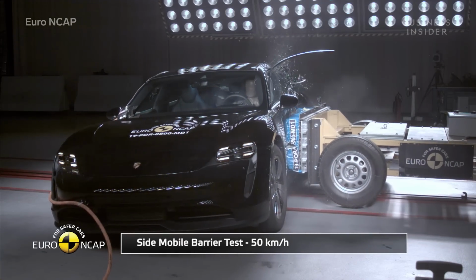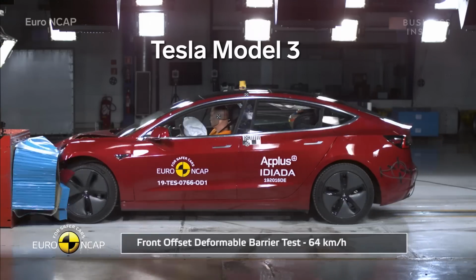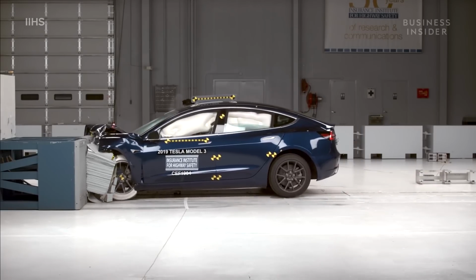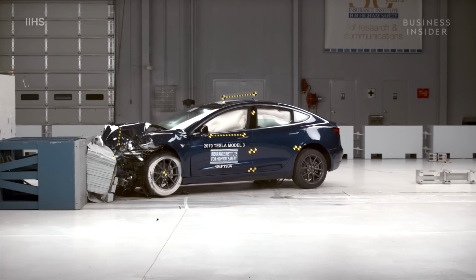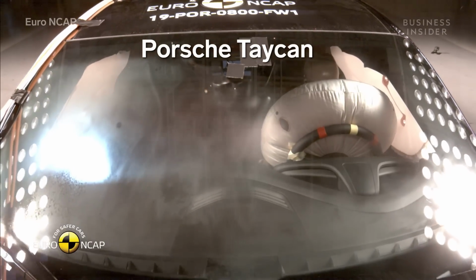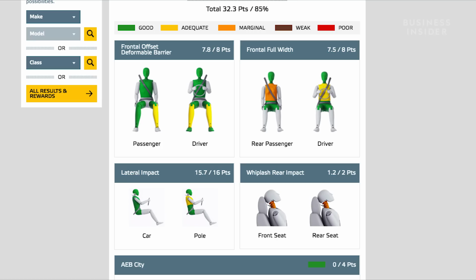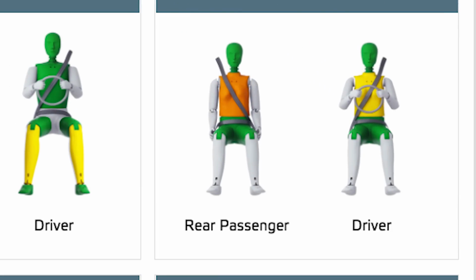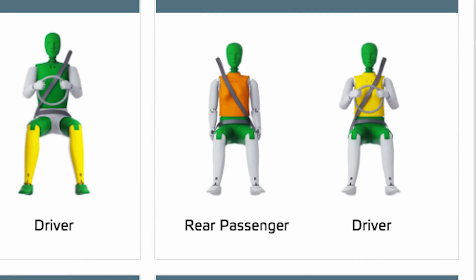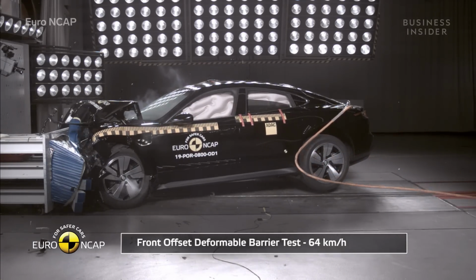Now, while the rigidity of the Taycan may mean a more stable cabin, we've seen how passengers benefit in crashes where certain parts of the car around them actually give way or crumple, like a piece of paper. In crashes, these crumple zones dissipate the energy of a crash instead of passing it on to the passengers inside. For the Taycan, in the full-width barrier test, the protection of all critical body areas was good, or adequate for both occupants, with the exception of the rear passenger's chest. The forces on the chest indicated a marginal level of protection, one step down from adequate. The Porsche crumples, but perhaps how it crumples could be tweaked to improve the safety of the rear passenger in